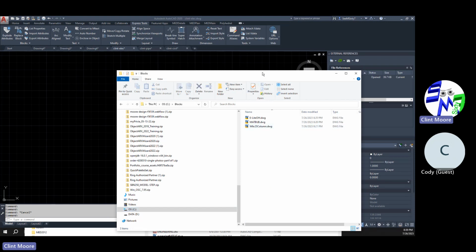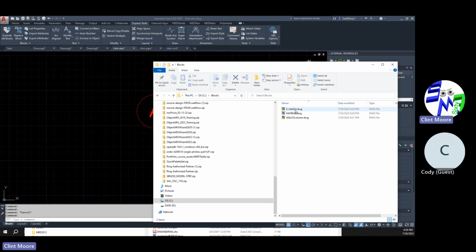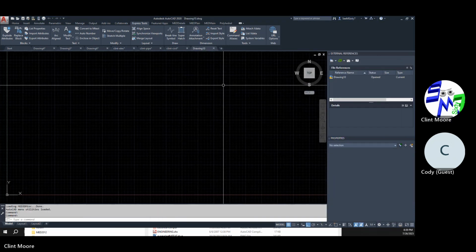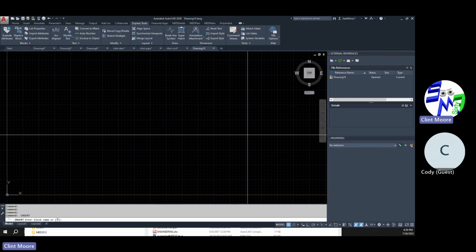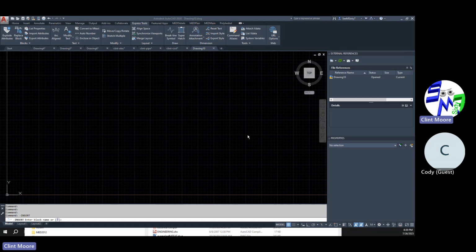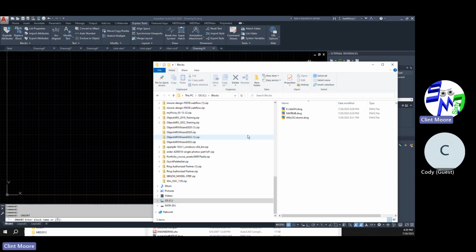Now, if you wanted to be able to insert things directly, like say you knew the names of these things, E-light-OH, and so on, let's start a new drawing. If I use the dash insert command, I can just type in a block name here and actually insert it. Now I know the name of one of my blocks is MatBub. That's probably cheating. It's not going to use that one,